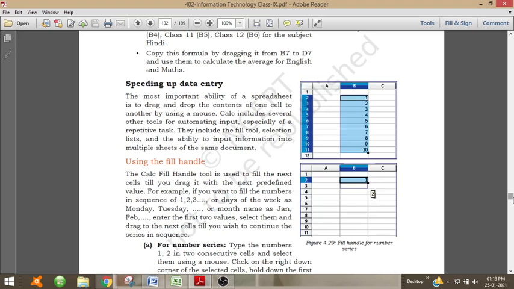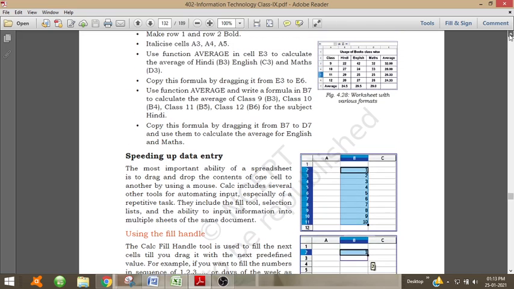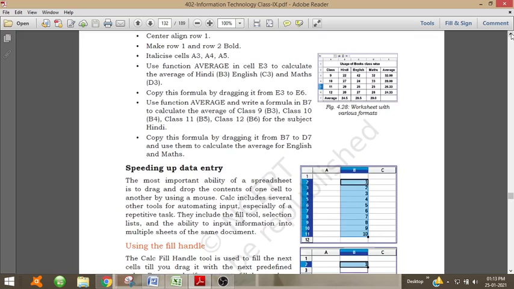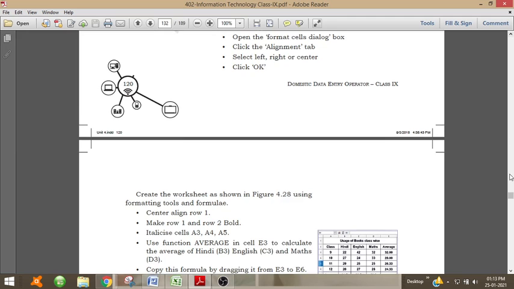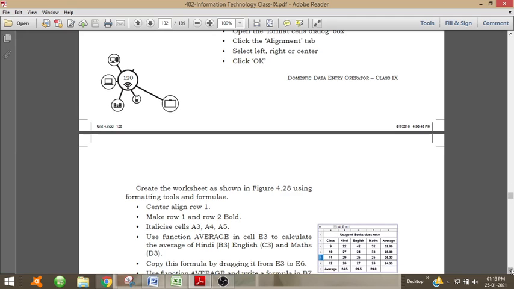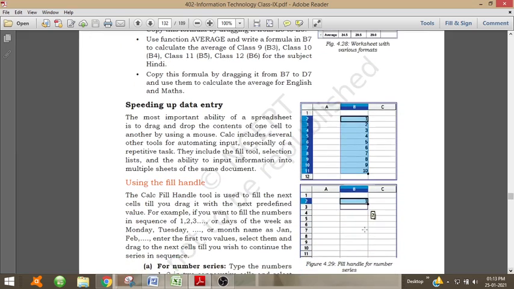Next is speeding up data entry. The most important ability of a spreadsheet is to drag and drop the contents of one cell to another using a mouse.